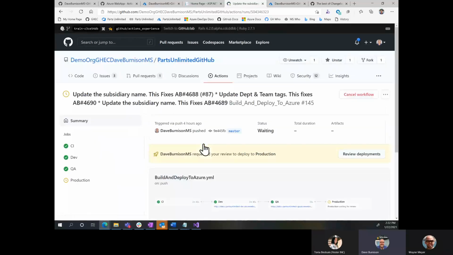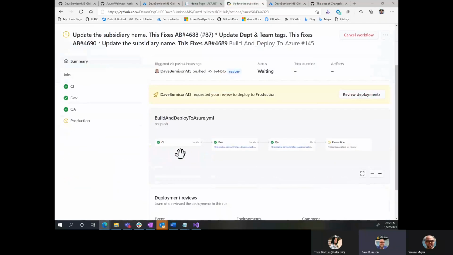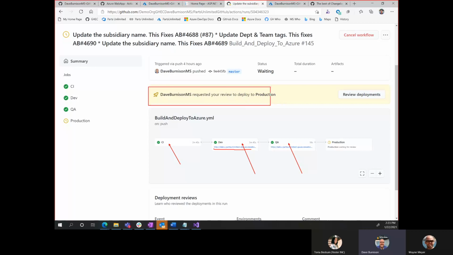But if we go into this last run, yeah, we can see we had it separated out into our CI environment. We had our development environment, and Actions is even smart enough to say, hey, here's the URL that you deployed to. And it's currently sitting in our QA environment. And now here's an example of that manual approval that we're looking at.